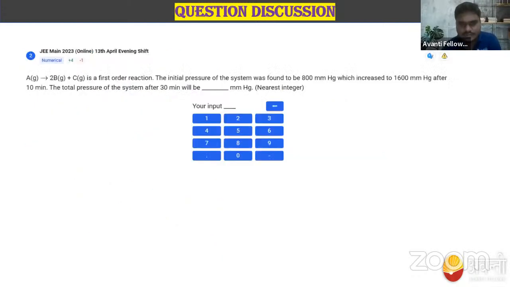ठीक है, चलो. So ये क्वेश्चन भी 2023 का है, 2023 13 अप्रैल इवनिंग फिफ्थ क्वेश्चन. So what the question asks? That is A plus A gives us 2B plus C is a first order reaction. The initial pressure was found to be 800 mm of Hg. To increase 600,